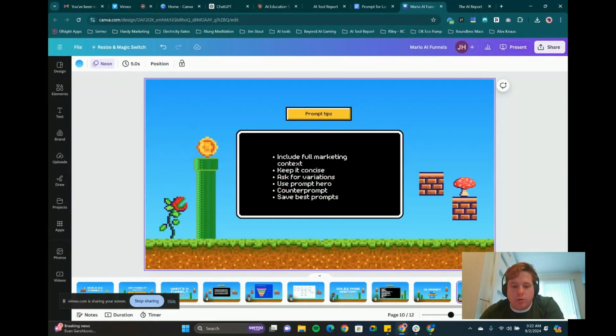Okay, so a couple more prompt tips. Like I said, make sure you're including all of that context in there. Keep it concise. Ask for multiple variations if you're not getting a good output. Prompt Here is good, it helps you improve your prompts if you're not getting good outputs. And just realize you're going to have to iterate on a prompt, and like you see on my sheet, that's the best prompt I save, but I'll tweak it from time to time.